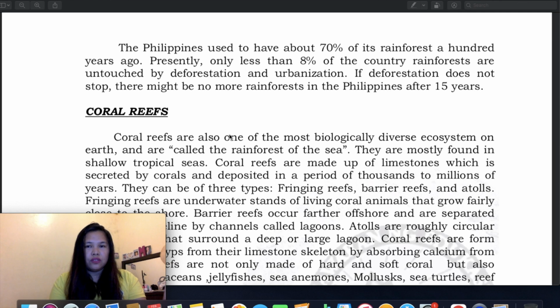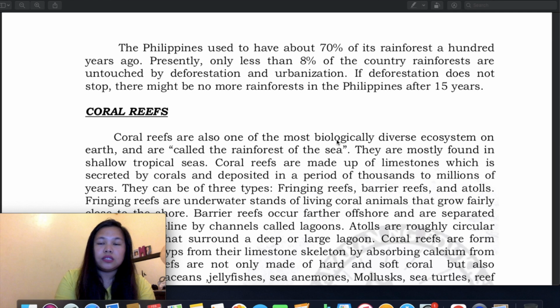Imagine, so, sino may kagagawan? Ako, sila, kayo, tayong lahat ang may kagagawan yan. So, man-made. So, man-made ang gumagawa niyan. So, kung man-made ang gumagawa o sinisira yan, so tayo din ang magbabalik ng mga yan. So, importanteng meron pa rin tayo na preserve na rainforest. So, if deforestation does not stop, ayan, pag hindi daw natapos, ano nangyayari ngayon sa ating mundo or sa ating